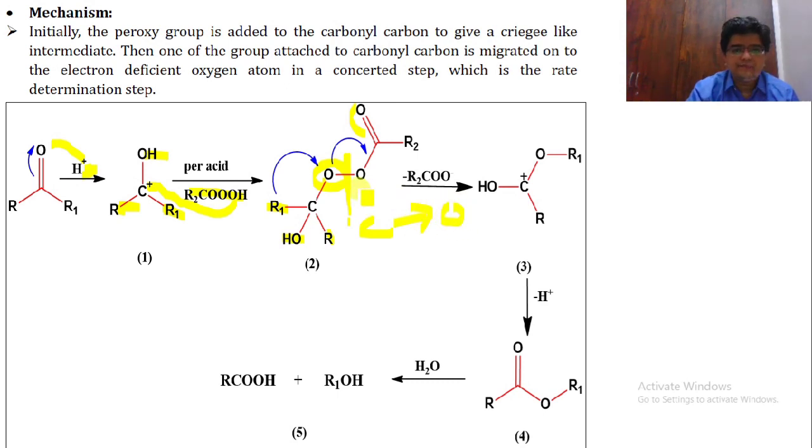Okay. So now this is our byproduct, like say R2C double bond O, O minus. So now what will happen over here? Here the R1 group will migrate over the oxygen. So that is why carbon now will become deficient. So here I am putting a positive charge. So this is OH. Here we are having R, oxygen and R1.